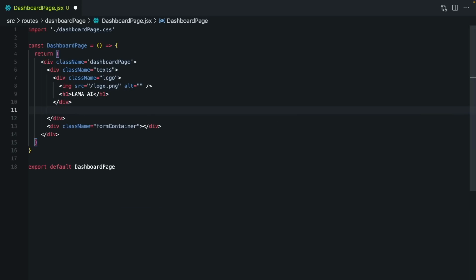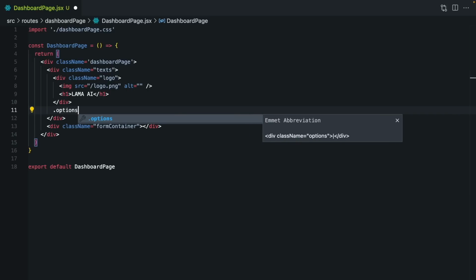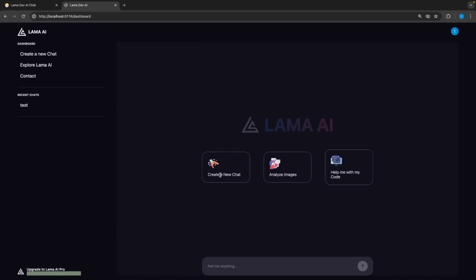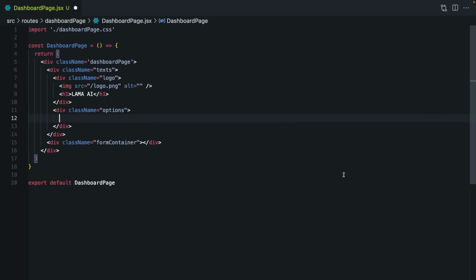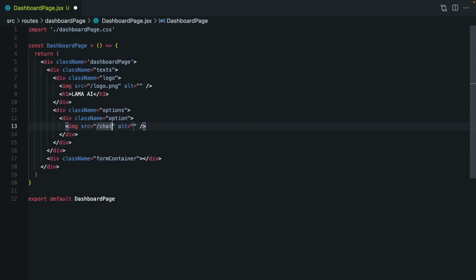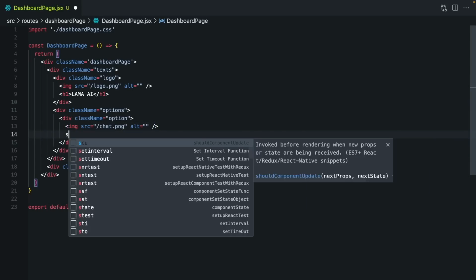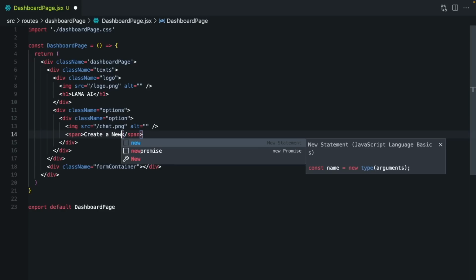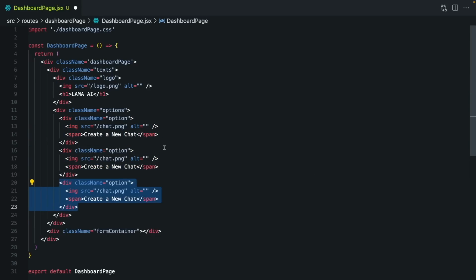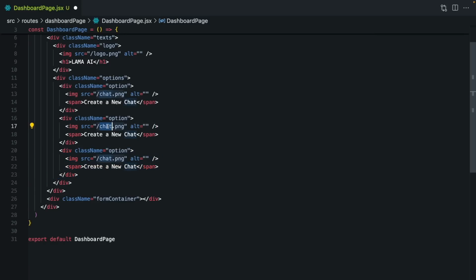And after that, I'm going to create my options. We are going to have 3 options: create a new chat, analyze images, and help me with my code. So let's create an option. Inside each option, we are going to have an image and a text. Let's create 2 more. Image, code,